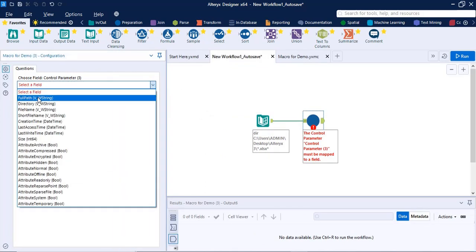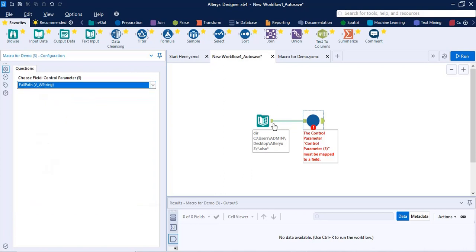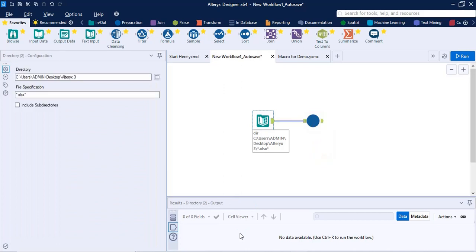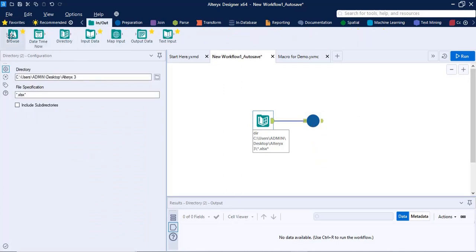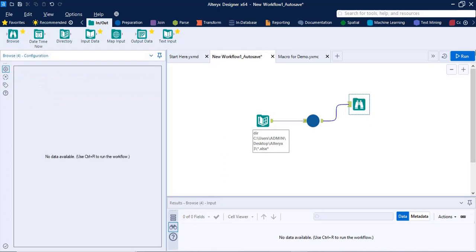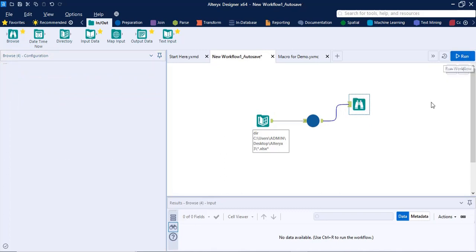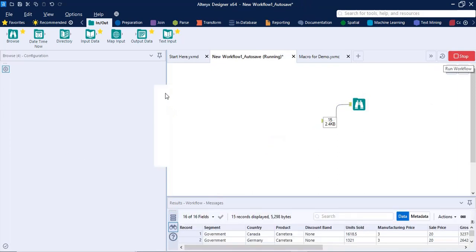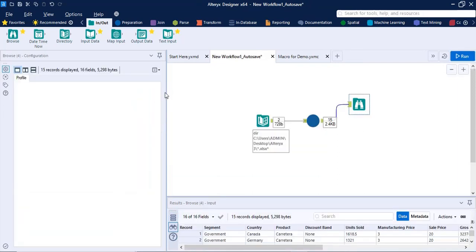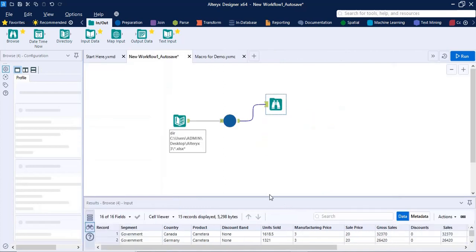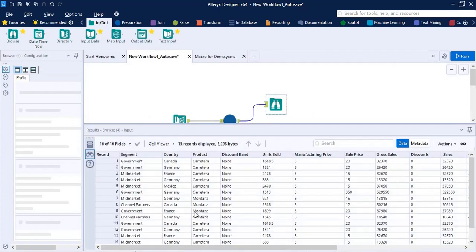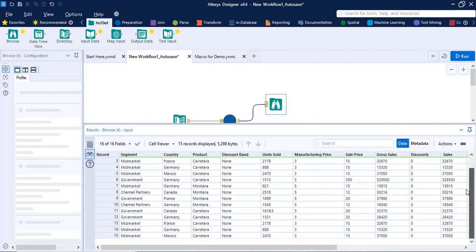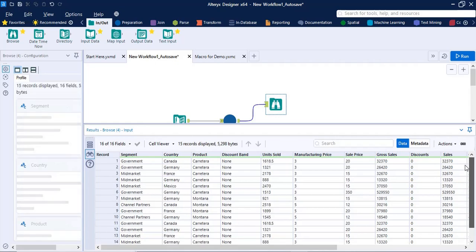Now our parameter is the full path of the input repository. We need to see how the data is coming by running this current workflow. Now we are getting output, with a total of 15 records.